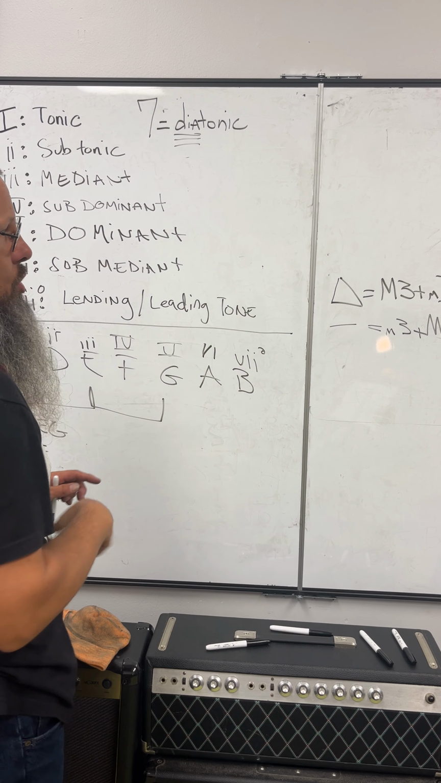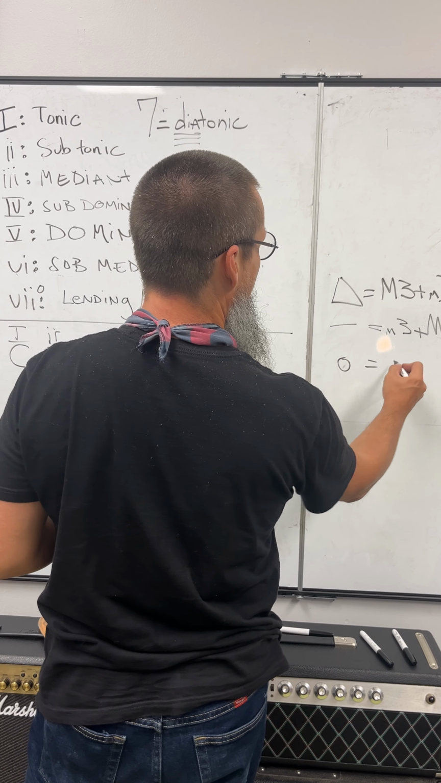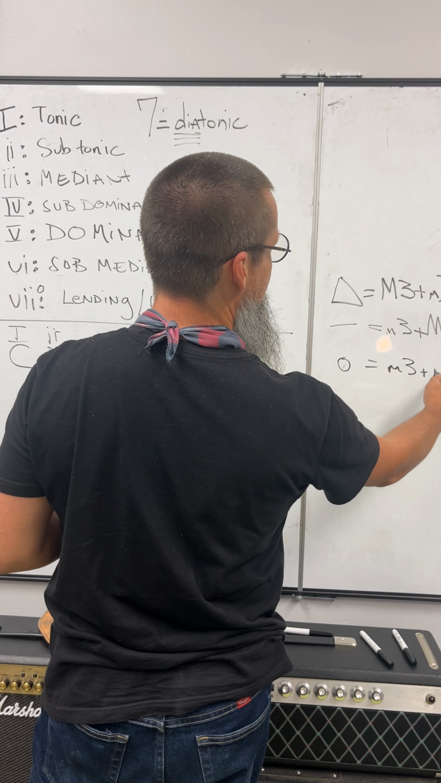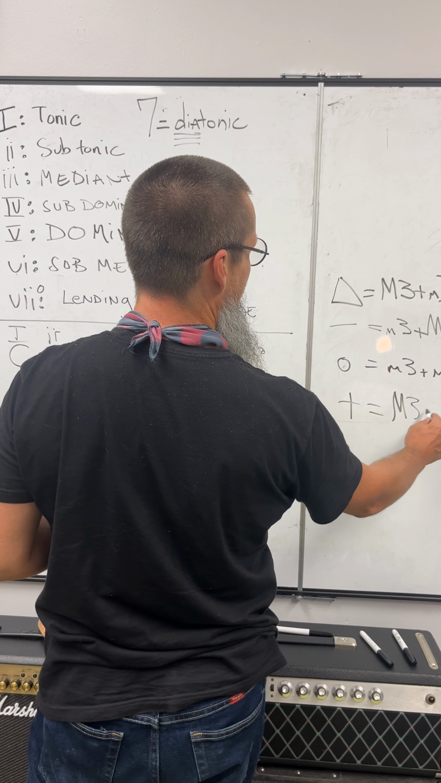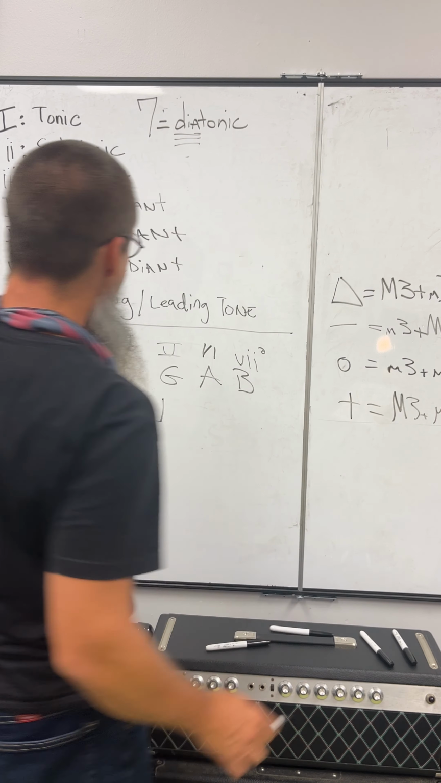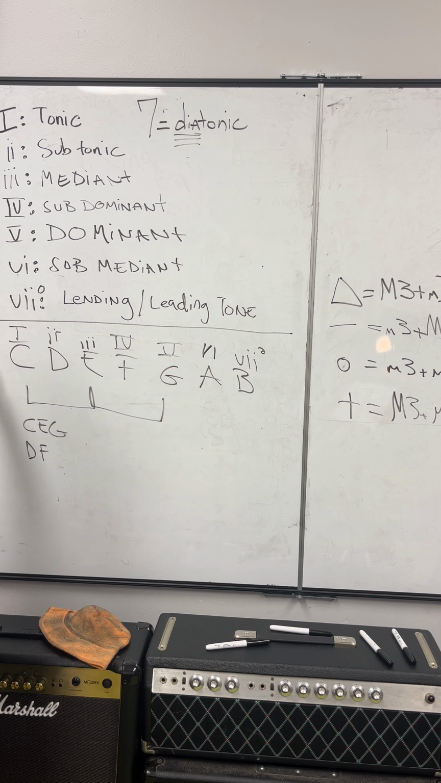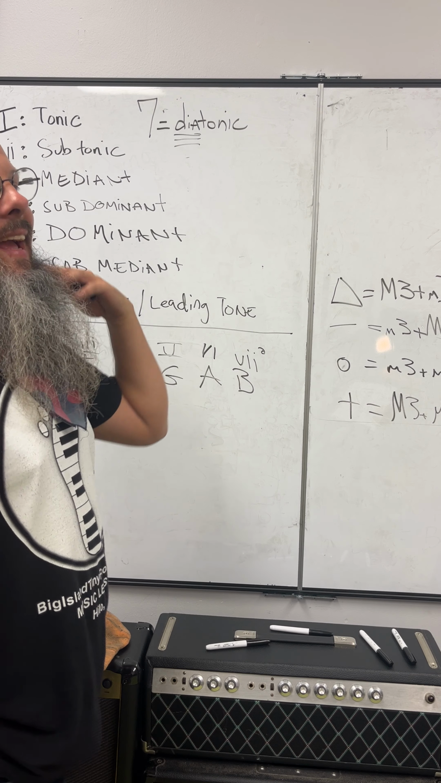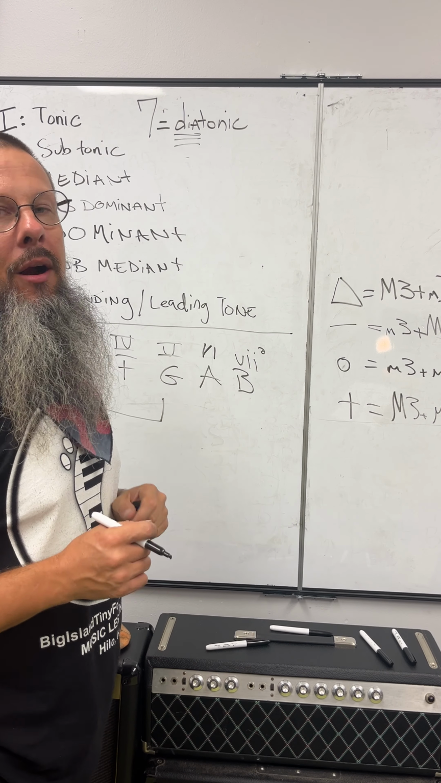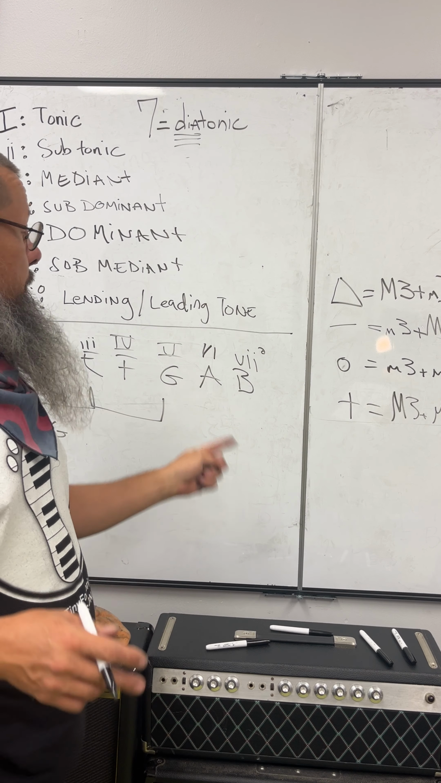When we have a diminished chord, it's a minor third and a minor third stacked. And when we have an augmented chord, it's a major third and a major third stacked. Now, there is no augmented chord inside of a major key, nor is there an augmented chord inside of a natural minor. When we play a melodic minor or a harmonic minor,